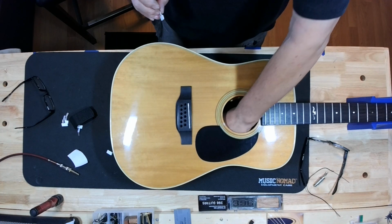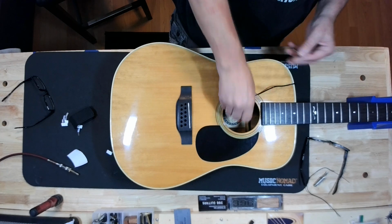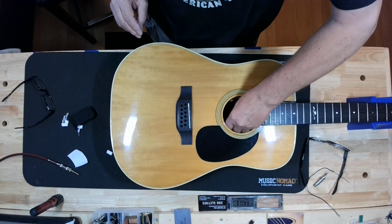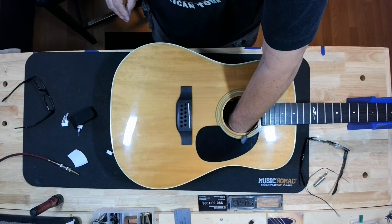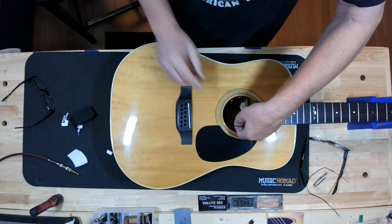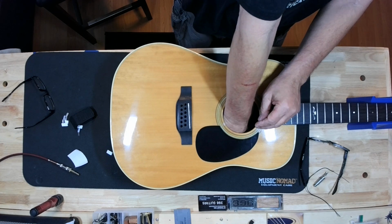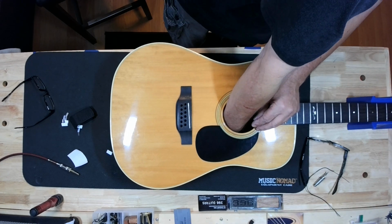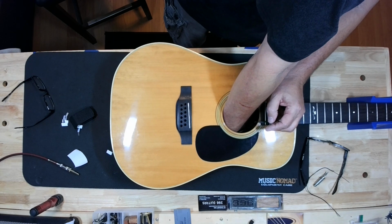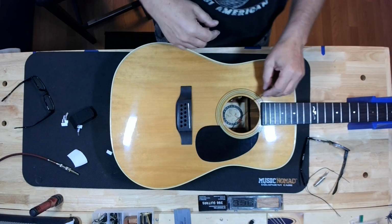I'm going to put that right over there, I think, right where I can get at it. You want to be able to do some maintenance on it later if you have to. I'll stick it right there. Put the battery wire in it. You may have to put a second one, sometimes yes, sometimes no. And that holds the wire. And then when you put the battery in,